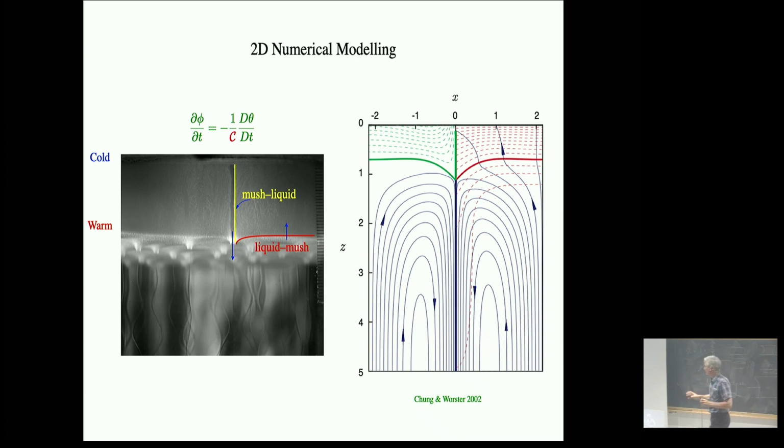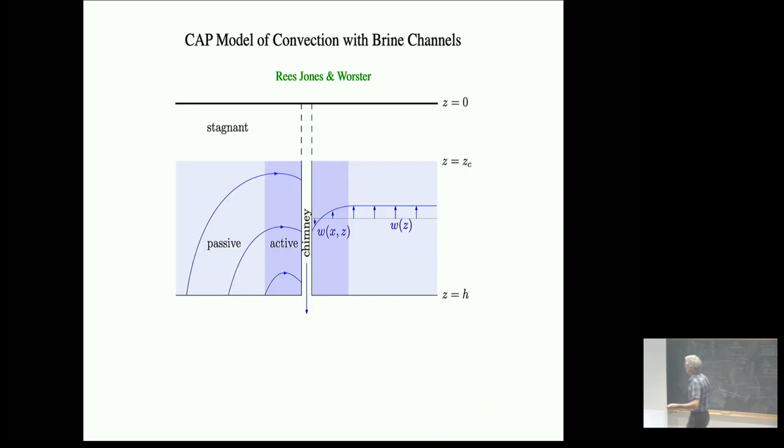Okay, so that's great. This is expensive. The scales for this is a few centimeters. In the field, it would be a few tens of centimeters. This channel width is a few millimeters. And this is, well, at the time, a few hours of computation to do all of this. And we'd like to put this into a GCM that has one grid point every 30 kilometers and maybe 4 to 6 grid points in the vertical. So that's the challenge. And that came down to another very good PhD student,